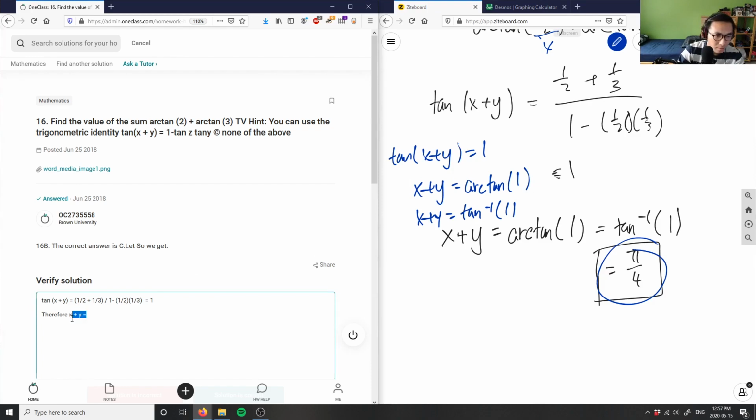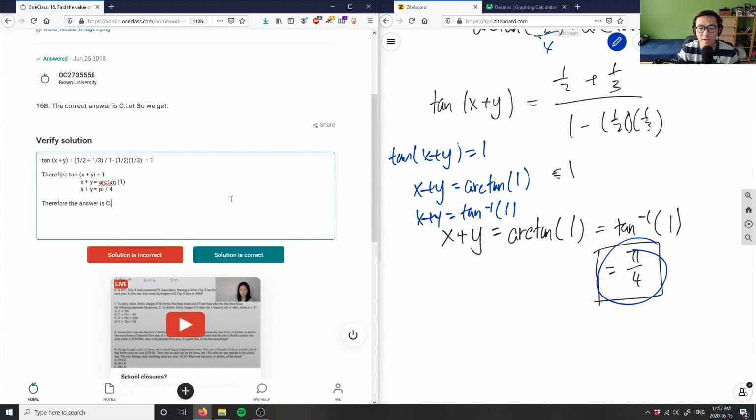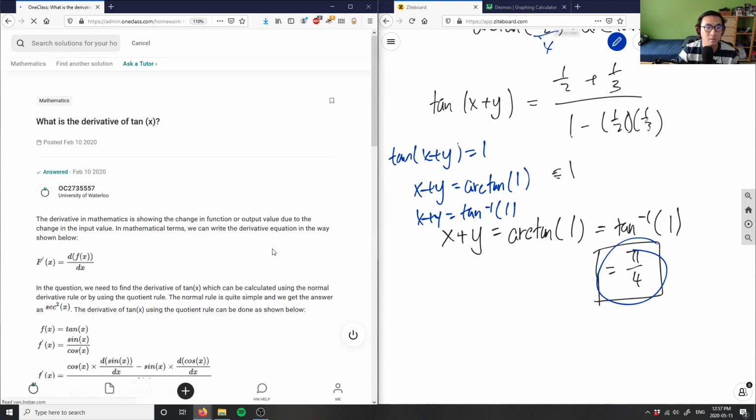So therefore, tangent of x plus y equals 1. So I can say x plus y equals arctan of 1. And then finally, x plus y would equal pi over 4. Therefore, the answer is C. So I'm going to say the solution is correct, but there's no analysis that was given as well. Solution is correct. I don't know if I can get to the last